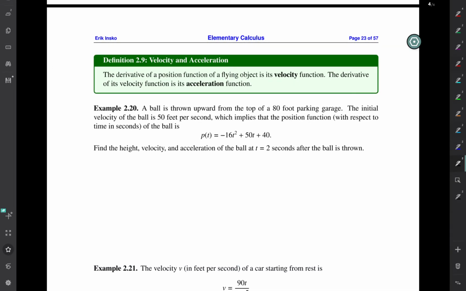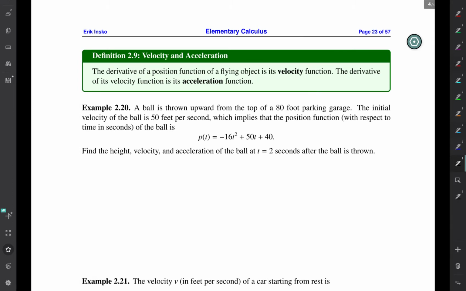Okay, continuing with our discussion of higher order derivatives, we're going to see that in definition 2.9 the derivative of the position function of a flying object, or any moving object, is going to be the velocity function, and so that's the velocity of the object. And then the derivative of the velocity is actually going to be the acceleration,